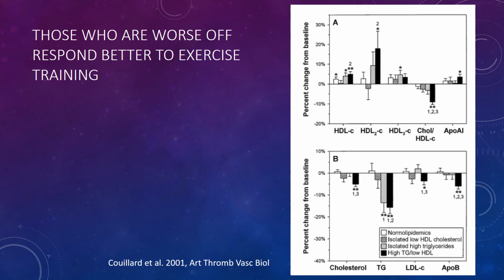The people who had bad lipid levels. If you look down at figure B, who had the greatest decrease in cholesterol and triglycerides and LDL? It was the high triglycerides, low HDL group, the people who had bad blood lipid situations. So what I think this means is that people who are worse off to start, they're the ones that exercise